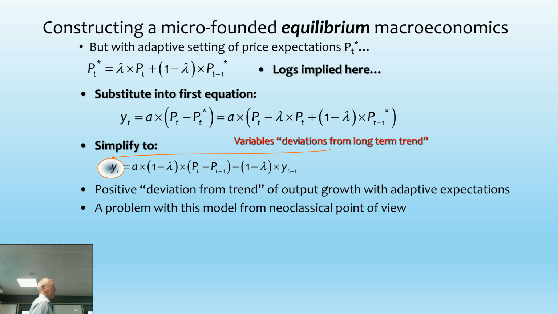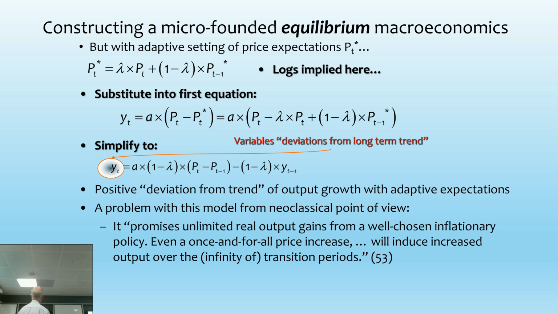And that's a problem. They don't want that to be possible, but that's saying nominal factors have real effects. So it promises unlimited real output gains from a well-chosen inflationary policy. Even a once-off will increase output over the infinity of transition periods. Okay, so actually, as I've shown you in the adaptive expectations model, it's still allowing that nominal factors can have